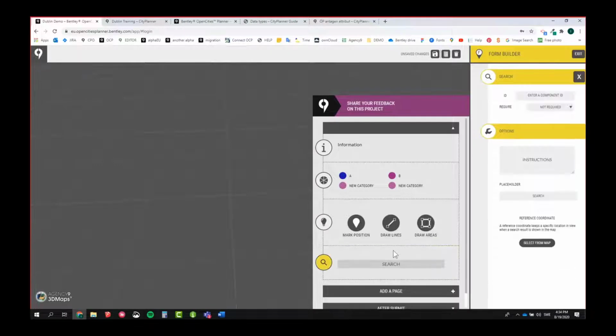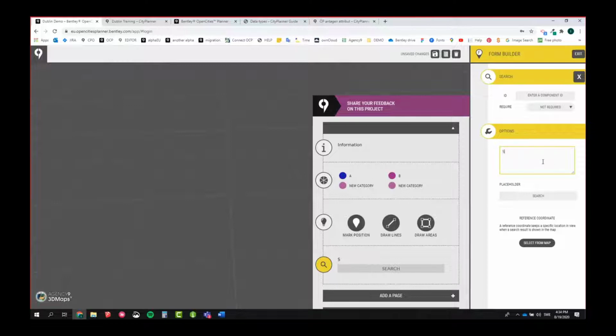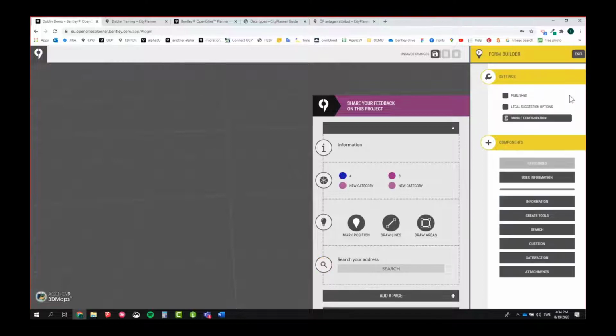There's a search bar. So let's say that you have imported streets as information in Open Cities Planner. We can connect to a database and load that as well. So then the users can search for their address before they mark a position. Maybe they can find it just by zooming in or zooming out. You can also enable this search bar to make it easier for them. And then again, you can add instructions